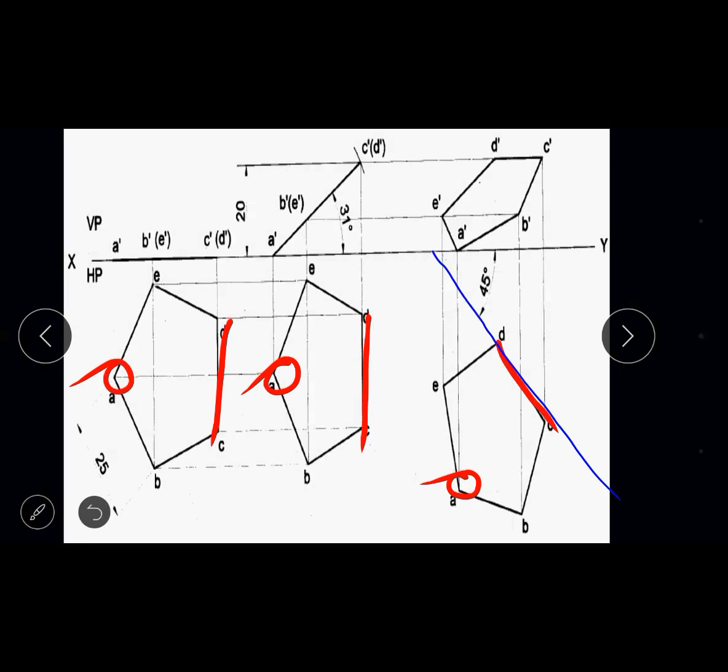So one condition: 20 mm above HP. It is with reference to the edge placed opposite to the resting corner. Here I have highlighted the corner A and the edge DC. These are the two key parameters of the pentagon. The corner A is the resting corner, and the edge DC is placed opposite to the resting corner. So the conditions are given to the edge DC of the lamina. It is placed 20 mm above HP and it is tilted at an angle of 45 degree to VP. All other things remain the same.